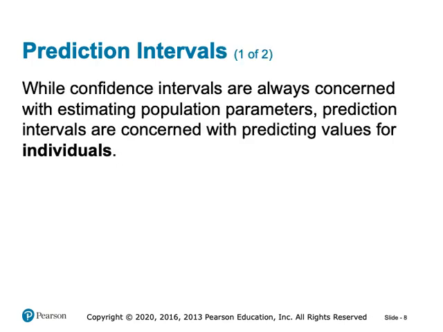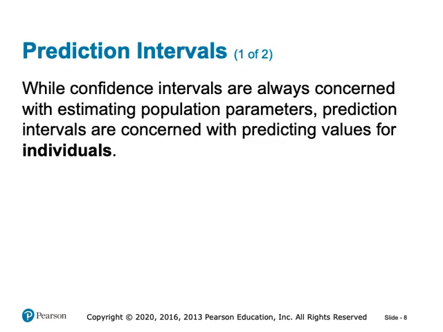Prediction intervals are a powerful tool when our goal is to make predictions about individual outcomes rather than estimating a population parameter. Unlike confidence intervals, which are designed to give us a range within which we expect the true mean of a population to fall, prediction intervals are all about individuals. When we use a prediction interval, we're asking a very different kind of question. We're no longer concerned with the average value for a group, but instead, we want to predict where an individual observation is likely to fall within a given range.